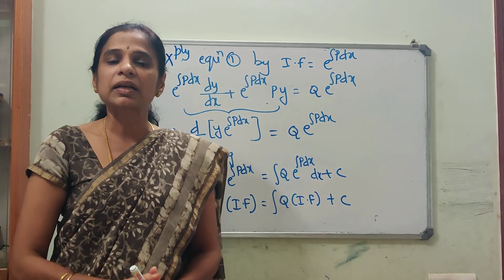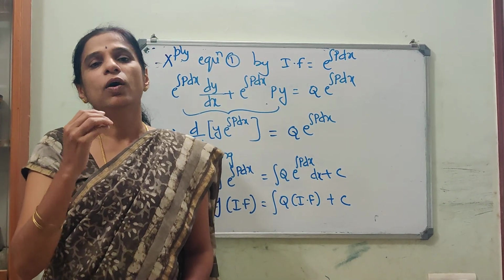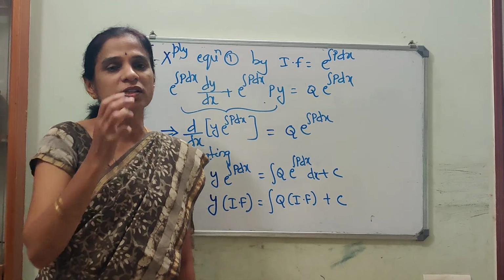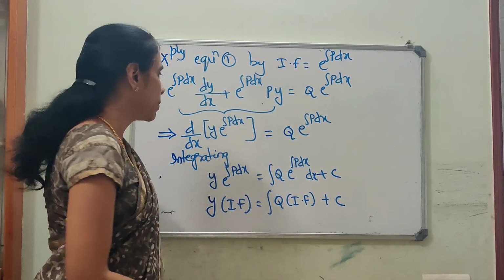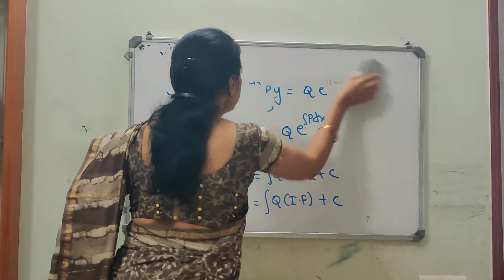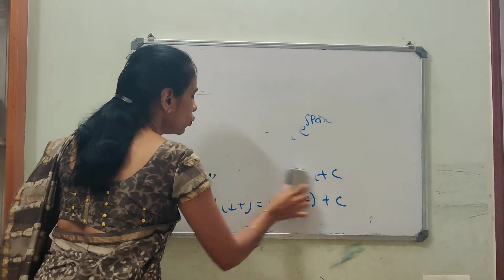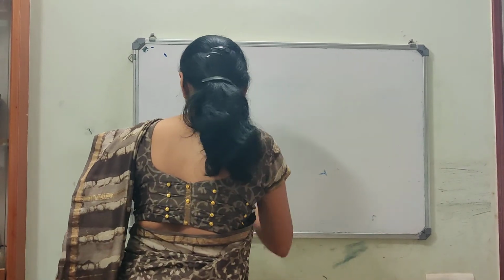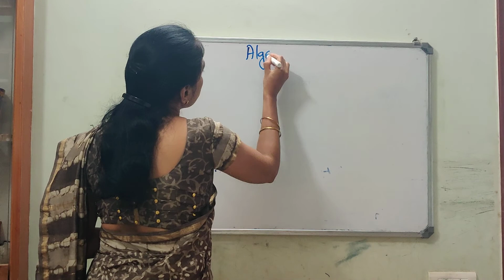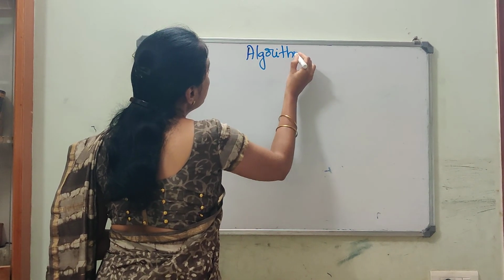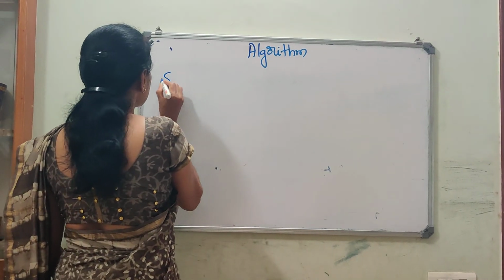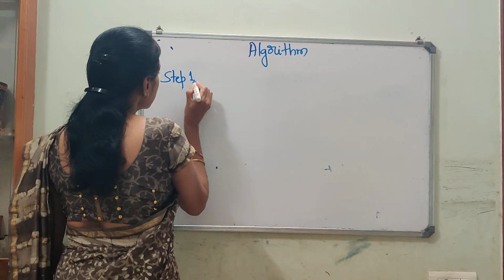So this is the solution of the linear differential equation of first order. So let us just have the steps. What are the steps that were involved in finding the solution? What we did was, first we wrote the equation dy by dx plus py is equal to q. So let me just write the steps involved in finding the solutions, which we simply call the algorithm. An algorithm is simply the step-by-step process of solving this equation. So what was step 1?